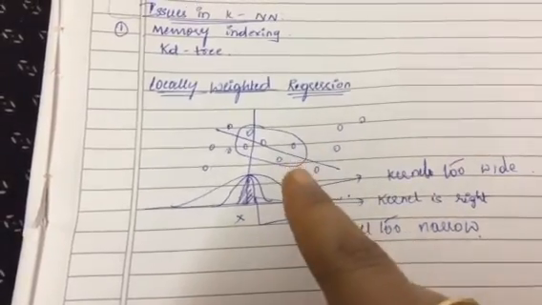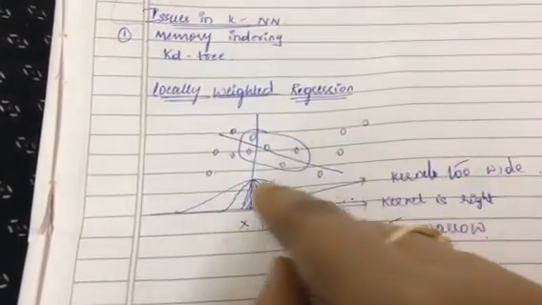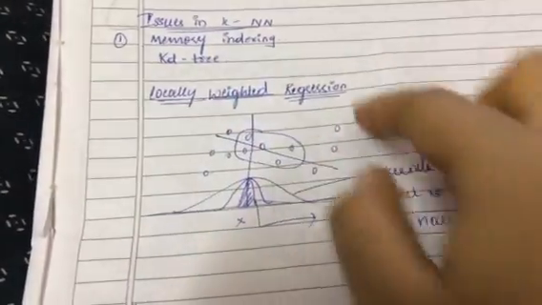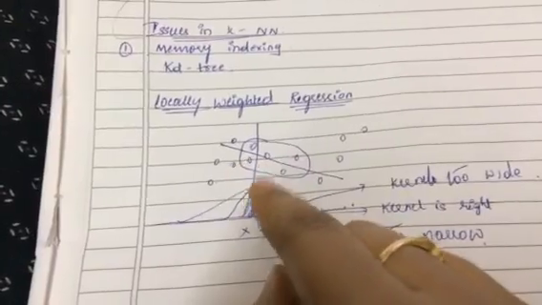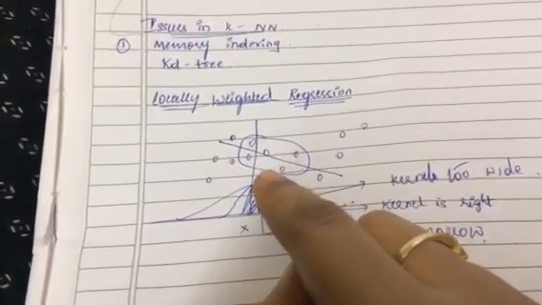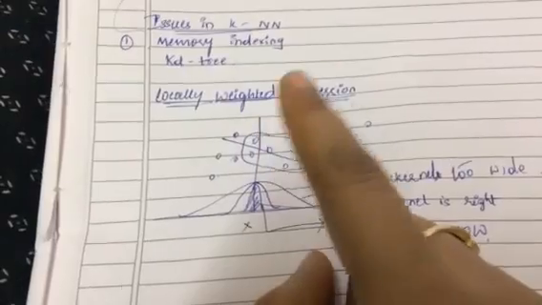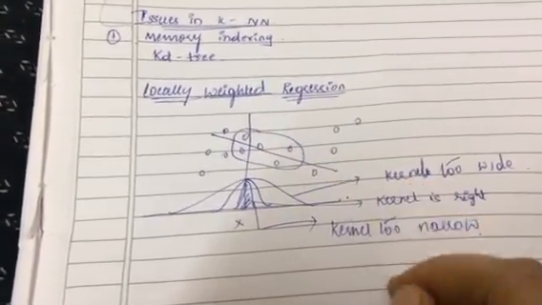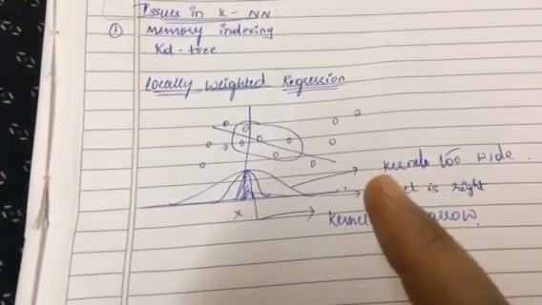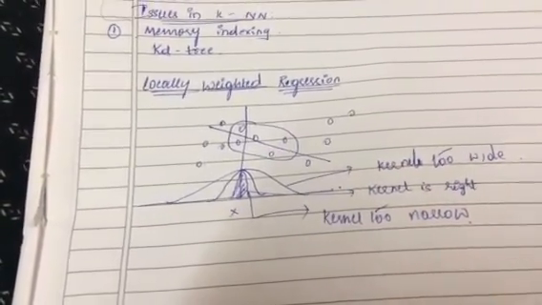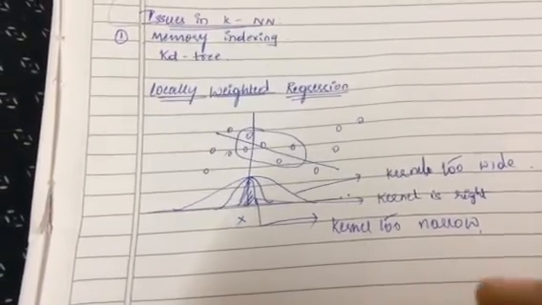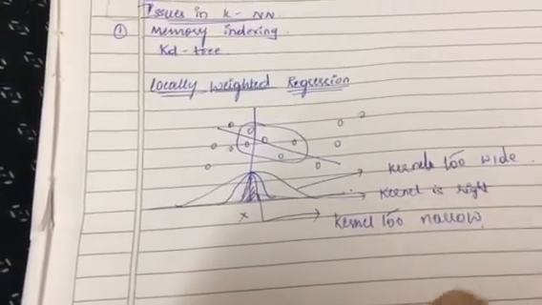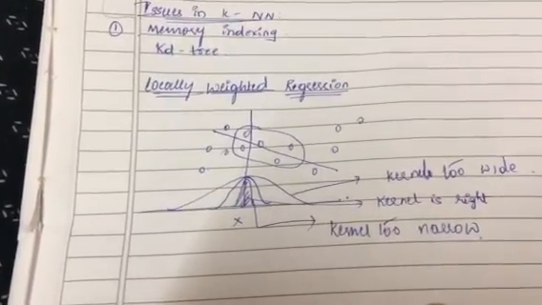I hope you understood locally weighted regression. Understand it again. Locally means selecting a certain area, the local area, not the global area. Global area means the complete data points are considered. Local area means only the nearby data points are considered, by calculating a distance and assigning the weights. The assigning of the weights and the weight matrix is done through a kernel function. So the kernel is going to smoothen out the point of interest and helps in selecting a particular point of interest.